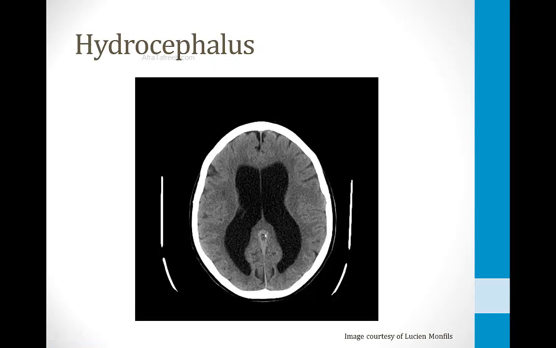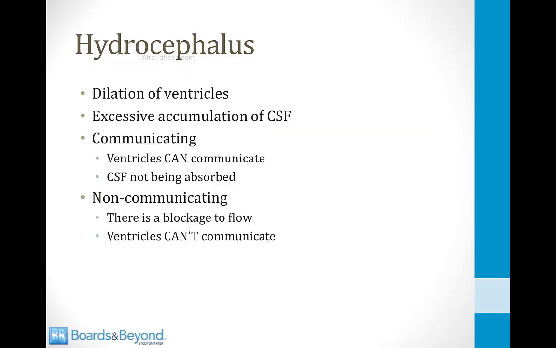So the most important disease process of the ventricles is called hydrocephalus, and that literally means fluid on the brain. And that's what happens when there's too much cerebrospinal fluid and the ventricles get dilated. So look at this image right here. These ventricles are enormous, and that is what the brain looks like in patients who have hydrocephalus. So hydrocephalus is dilation of the ventricles due to accumulation of cerebrospinal fluid,